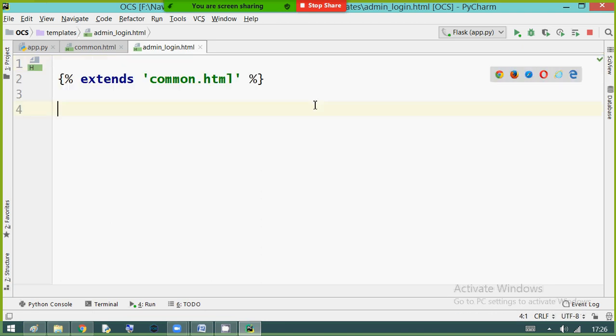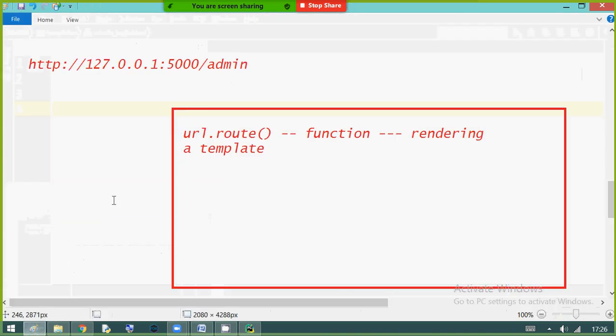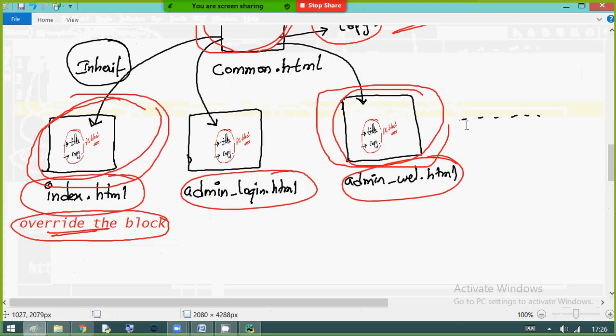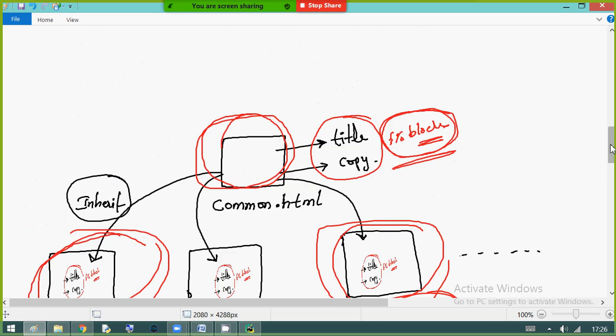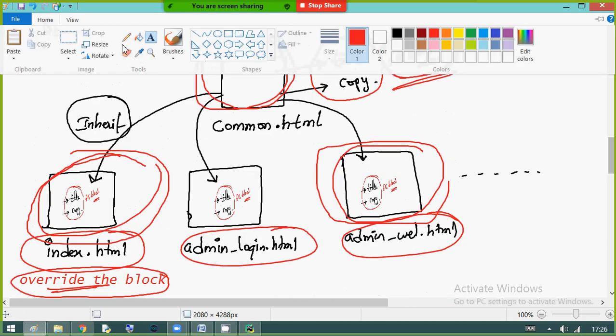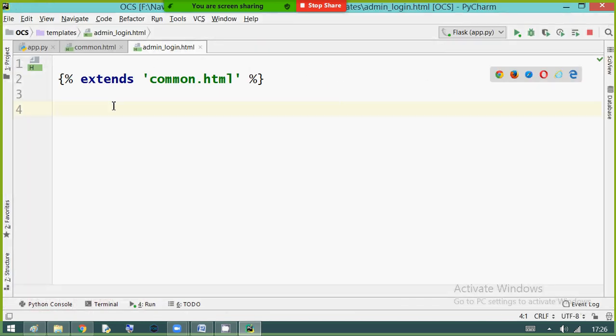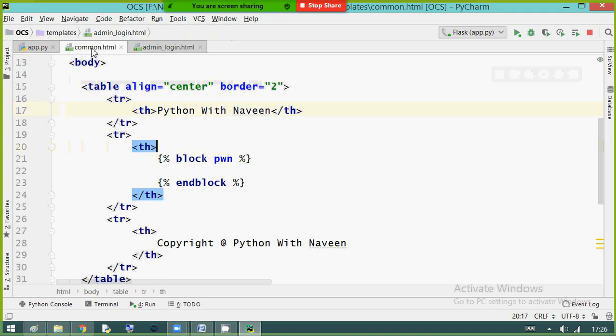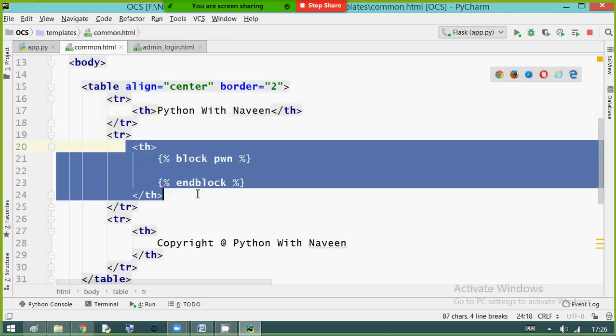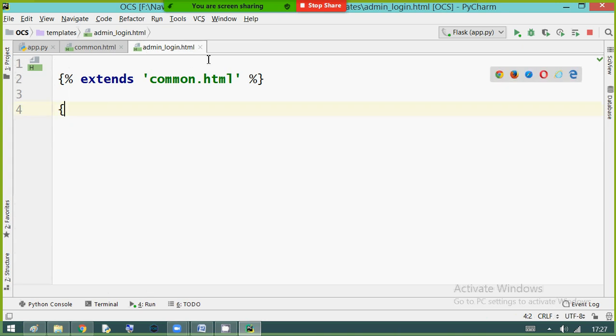Now I want to write my own content. So to write your own content, as I told you in the previous video, we need to override the block tag. I repeat, we need to override the block tag. The block tag is written in common.html, which is overridden in admin login.html.